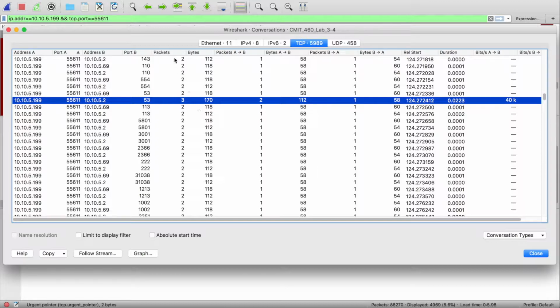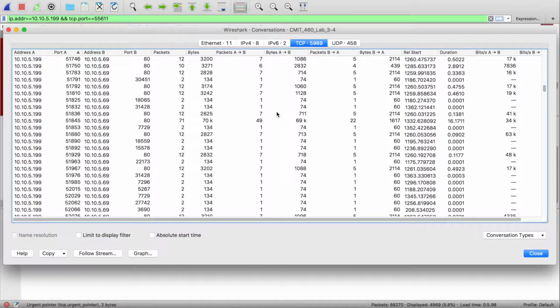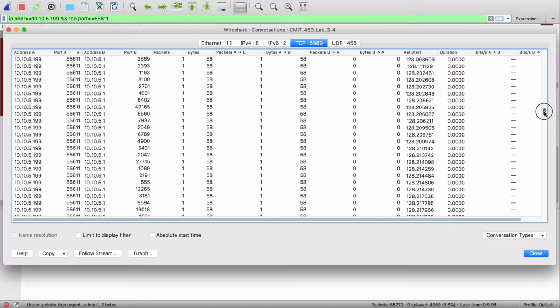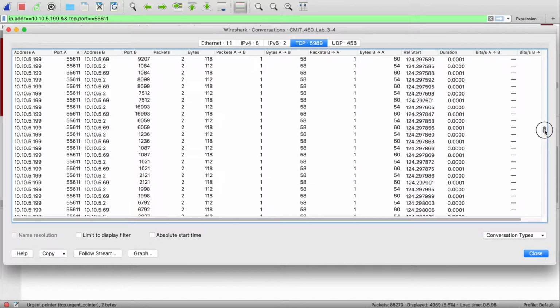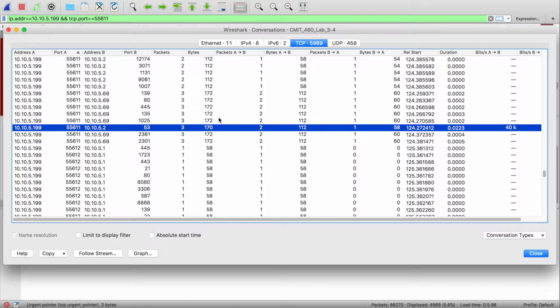So if we sort that way, the great thing about the sorts here is that it retains the sort as you sort sequentially. So I'm going to sort by packets to show all the shortest conversations first, and then sort again by originating port. Now when we go back to 55.611, we'll see all the traffic to .1, because there it was just 1 packet because .1 was shunning all the traffic. Then we'll see all these closed ports, and then this short selection of .3s, and this essentially tells us